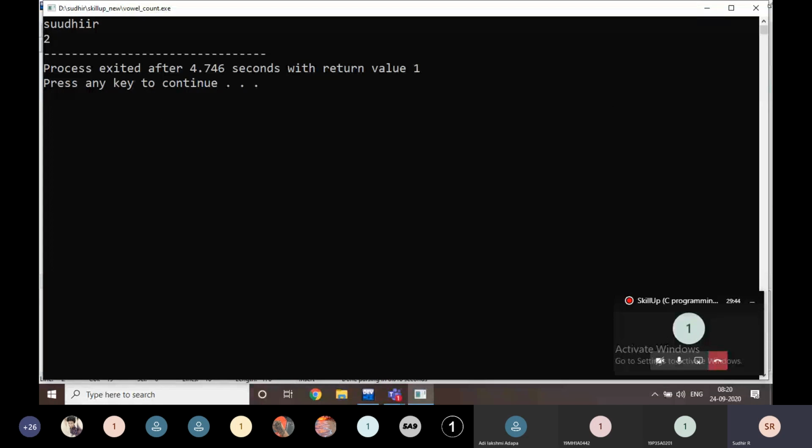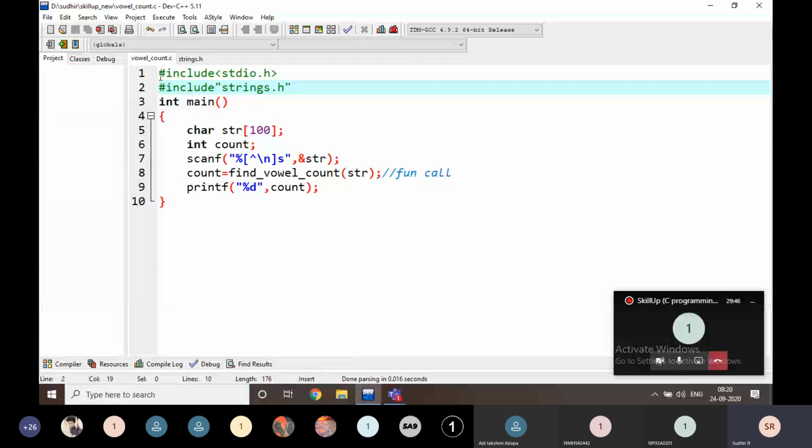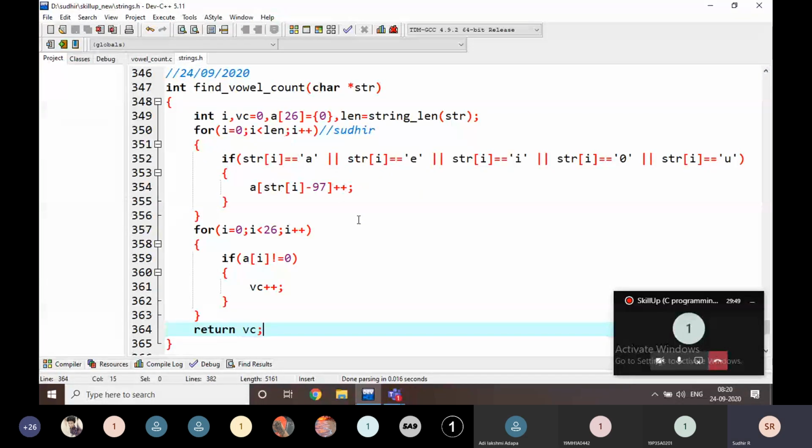Yes, is it clear everyone what I am doing here? Yes, note it down everyone. I am doing some programs in the same way every time. This is the best method. Why? Because I am not writing a for loop inside another for loop. I am decreasing the time complexity here. Okay, just note it down. Unique vowel count, not a normal vowel count. That is a unique vowel count.